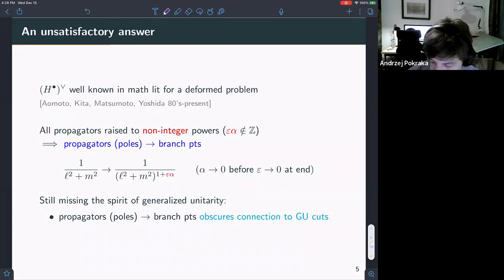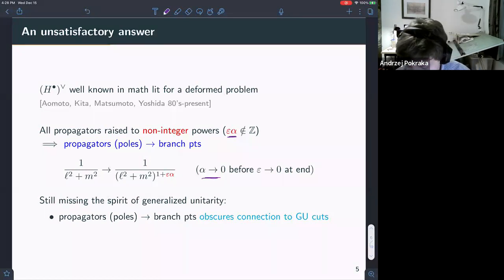So what people have done in the past is they've deformed the Feynman integrals such that all propagators are raised to some non-integer power, say alpha times epsilon. And this takes all of our poles and turns them into branch points. And then we take the intersection number, extract our integral coefficient, and take the deformation parameter to 0 at the end of the calculation. Now this works, but